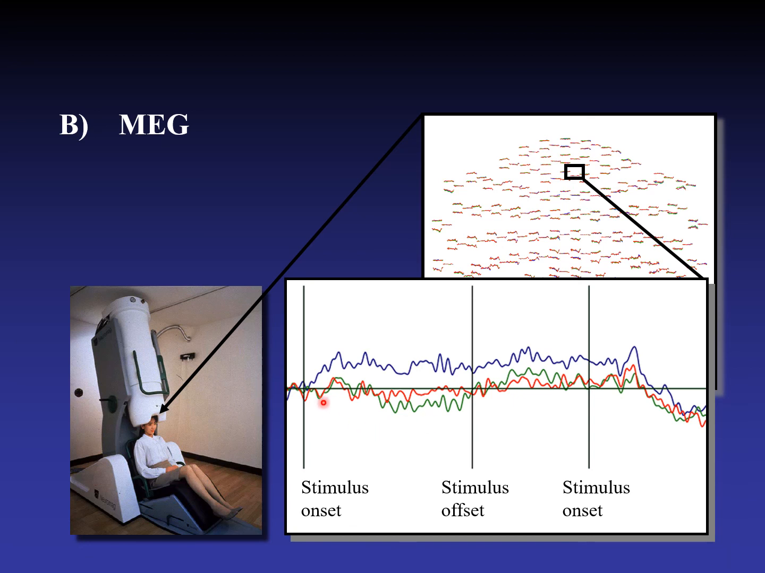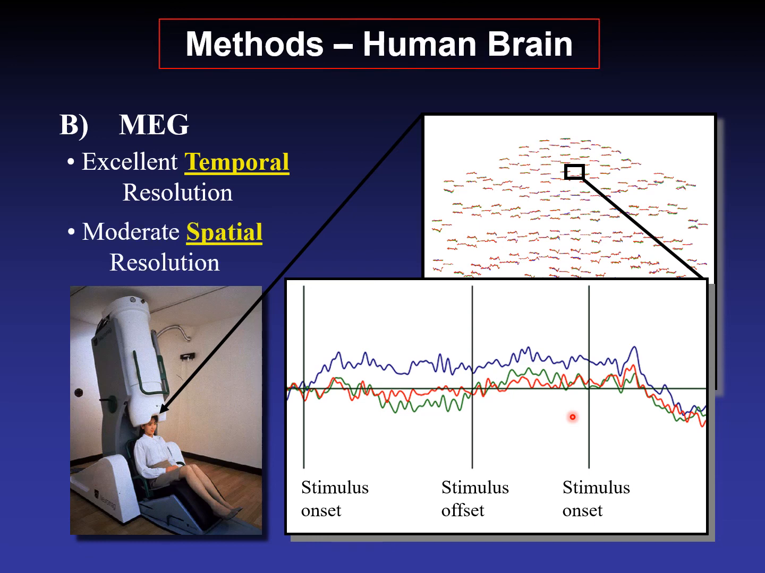It gives us squiggly lines very similar to what we see with EEG. And again, you can do spectral analysis, or you can do event-related potentials, except that potential refers to electricity. In MEG, it's called an event-related field to reflect that it's magnetism. Like EEG, MEG has excellent temporal resolution, and we might argue that it has moderate spatial resolution,